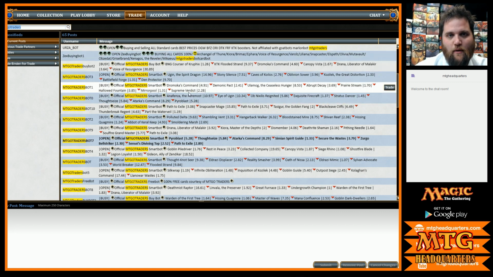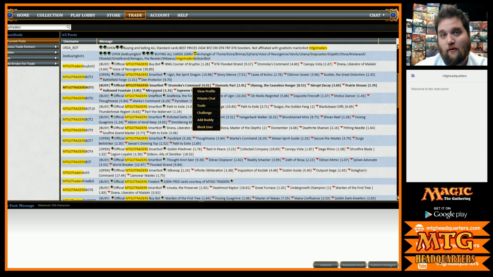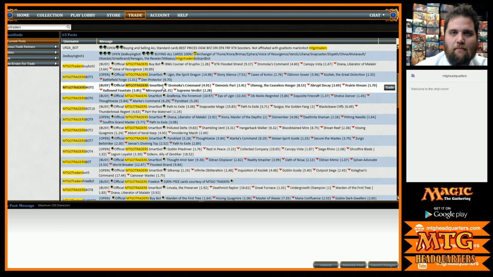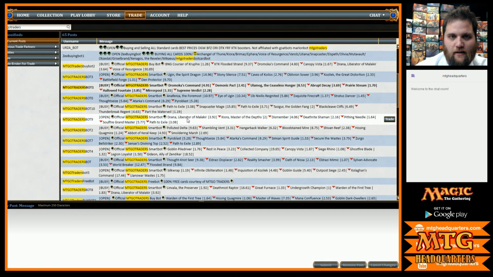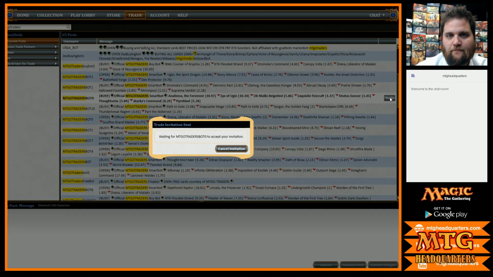Let's say I wanted to buy or sell. Sometimes they'll say they're a buy bot or a sell bot, and that should be self-explanatory. But now there are smart bots, which will do either one. You can right-click and trade, or you can hit the trade button over here, and it'll open another window. Once they accept, oh, sorry, that bot must be busy.